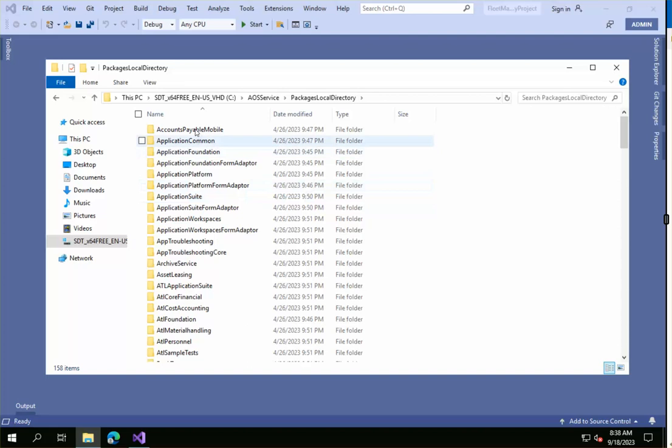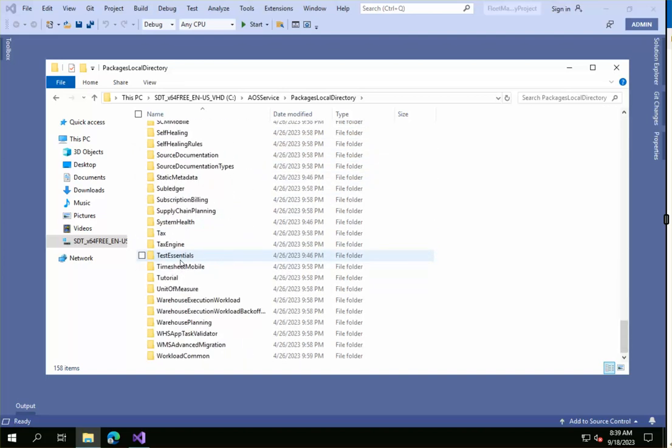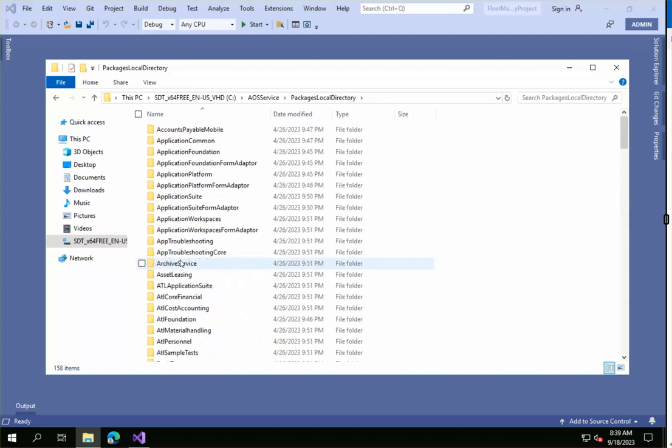If you look, these are all the models: accounts payable, accounts mobile, accounts application common, foundation, suite, and these are all the models which exist in the system. So this is where you can see the models. And if you have any custom models that you want to remove, for example, application platform is my custom model, let's just assume, and you can